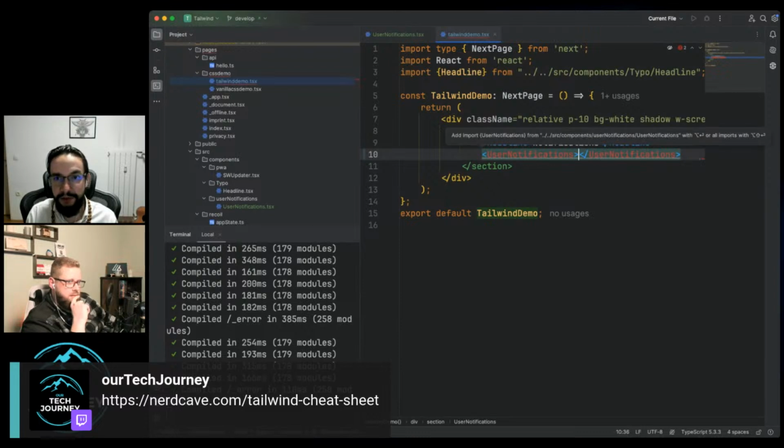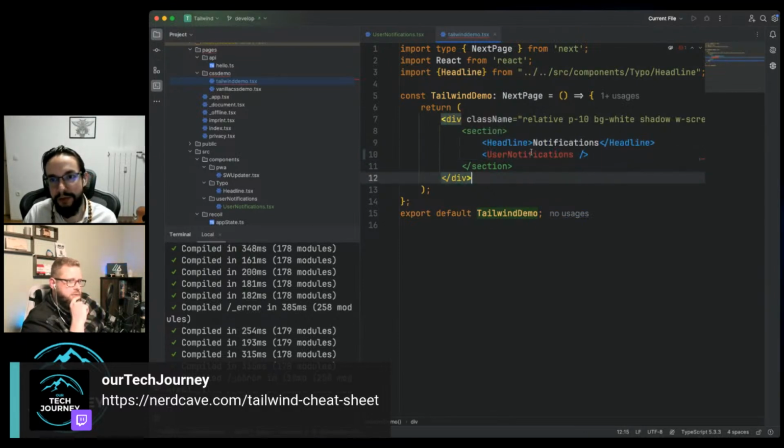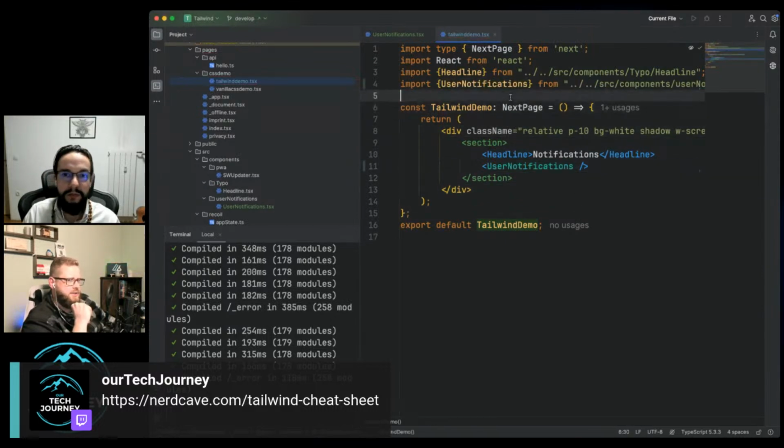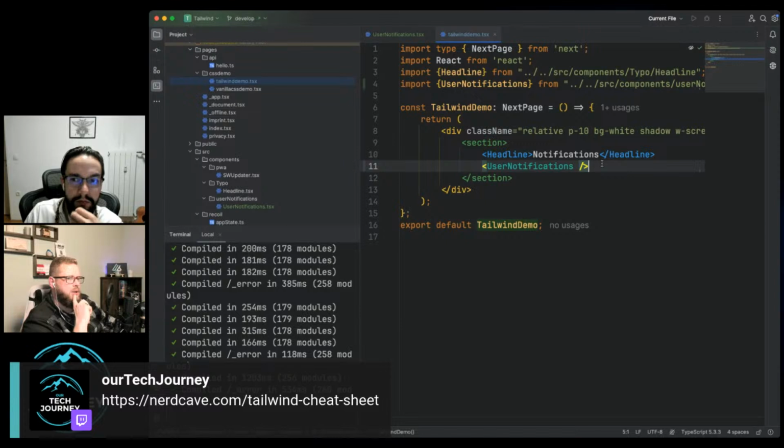Okay, would you do it like this? Or would you add anything? Would you self-close it like this? What would you do? Self-close it, of course. Yeah. I think self-close it, okay. Even the Airbnb linter rule set does force it anyway. And it's basically a good standard I would follow.